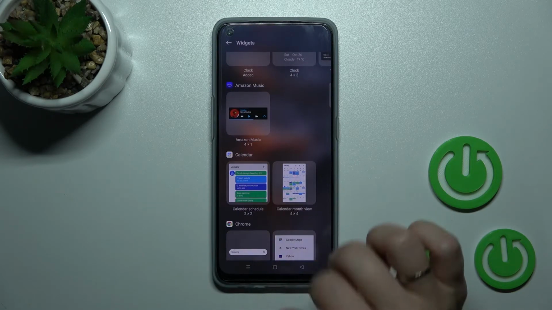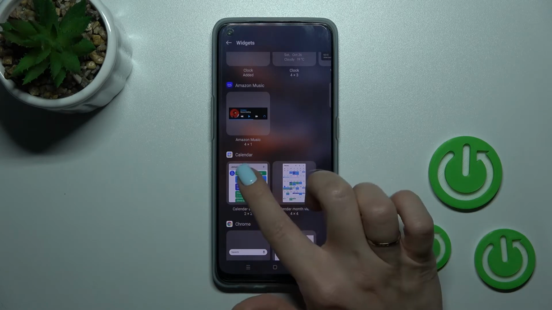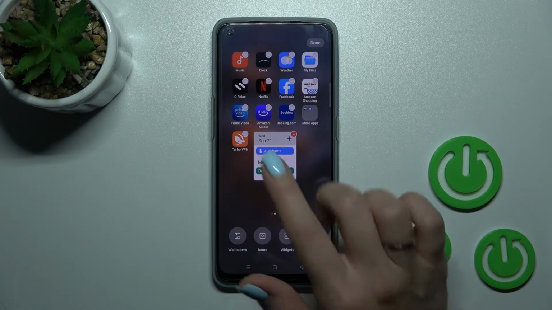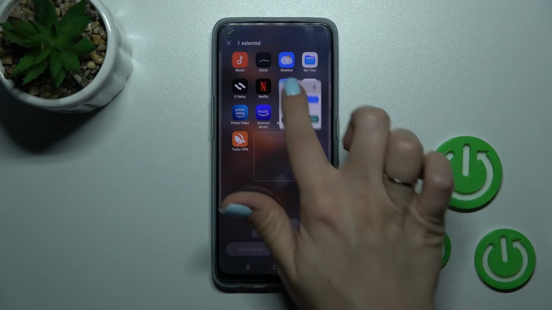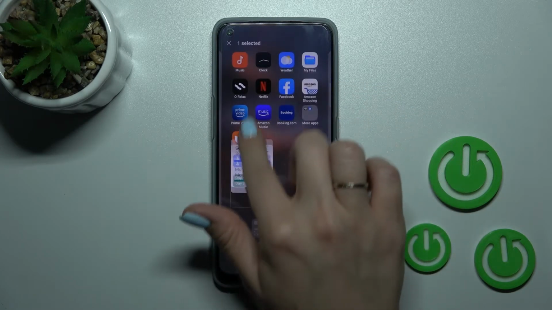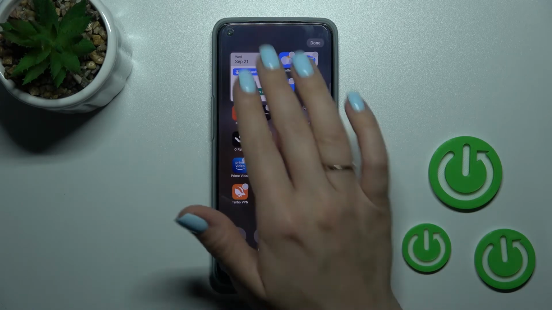We can add the calendar schedule or full month view. For example, let's use the schedule. Just click once on the widget and you will add it to your home screen. You can move this widget on the screen, just hold it and drag it, for example here to the